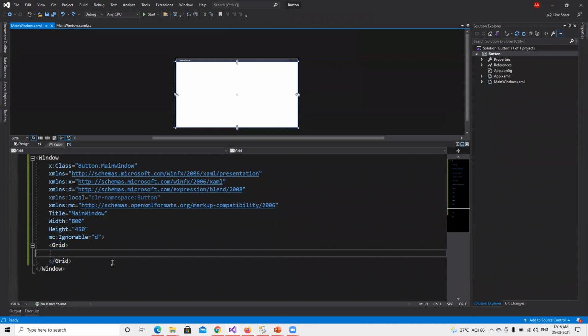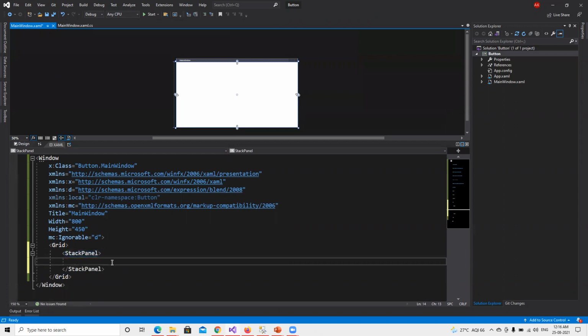So now, as we learned in the last one, first I will create a stack panel. That will help us with the arrangement of this one. If you're not aware of the stack panel, please go ahead and watch my previous video. So now I will try to use that button control. Okay, so I put that button. The first thing is that now suppose I will put that content.